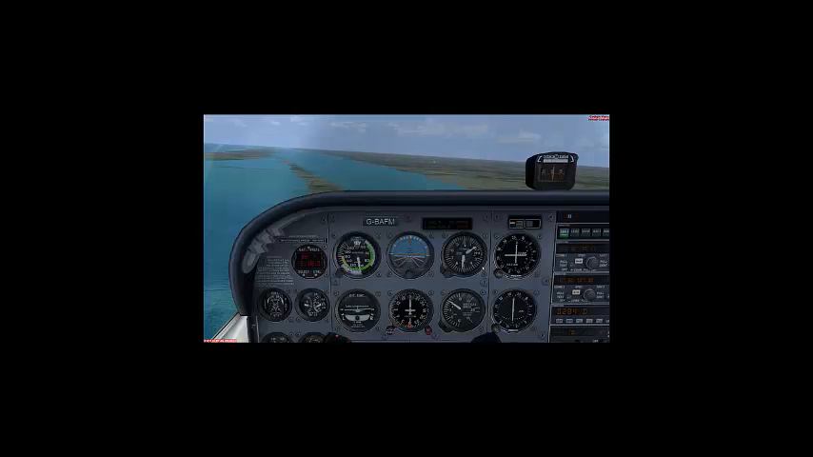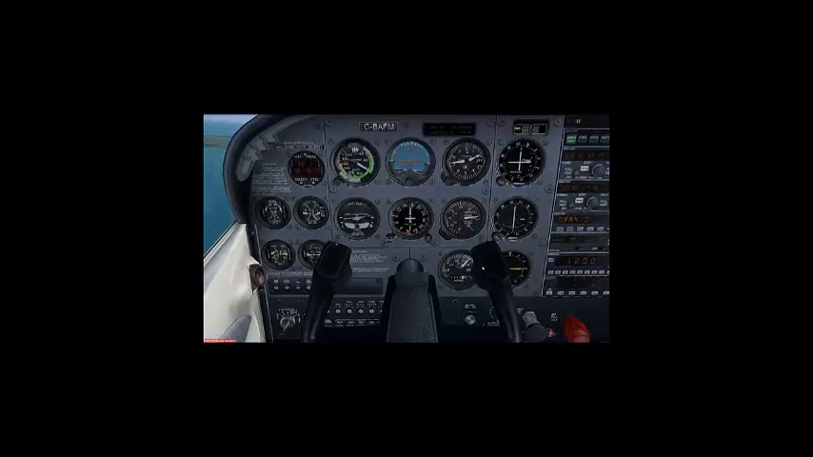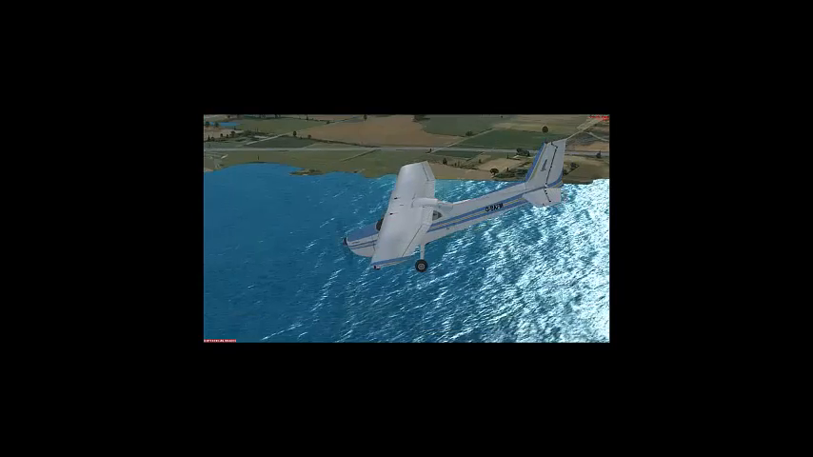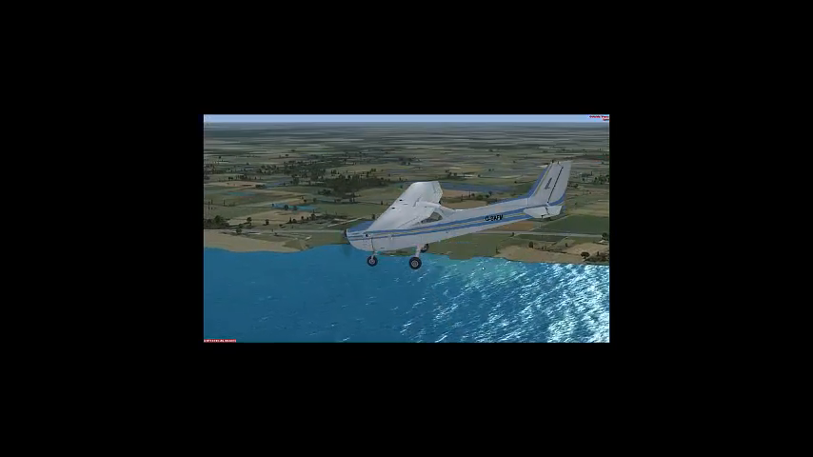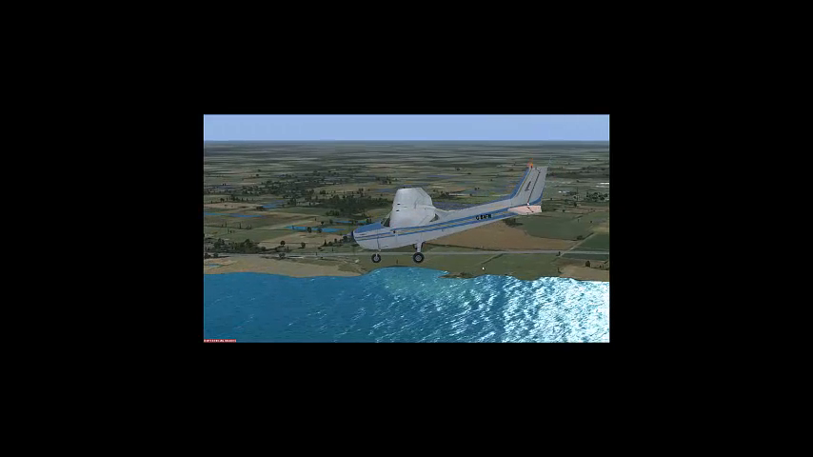Now, if I pull back on the yoke, we'll go into a climb. You can see our vertical speed indicator there, and our altimeter is increasing. And if I push forward on it, we will go into a dive, we'll lower the nose, and we will start to descend. And from the outside, we can see how that works. I'm pulling back on the yoke. You can see my elevator on the tail there moving down, up,